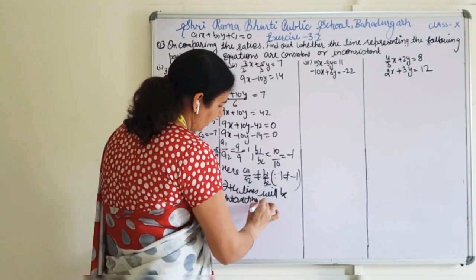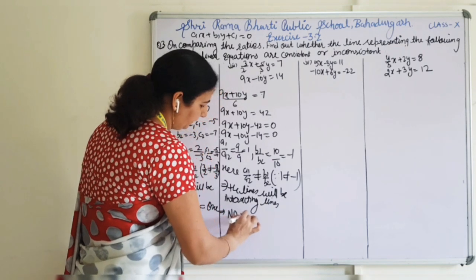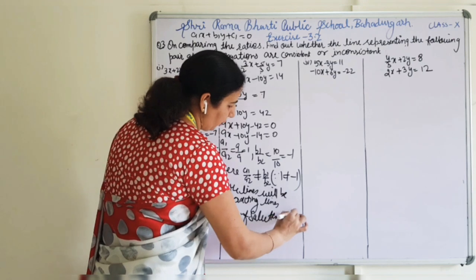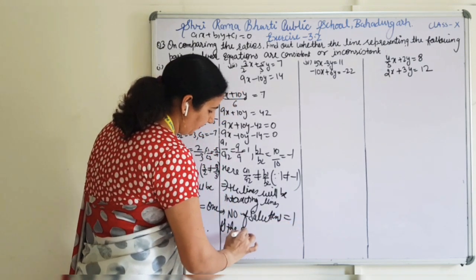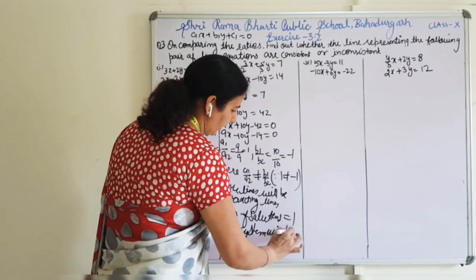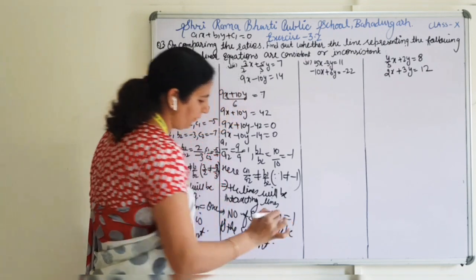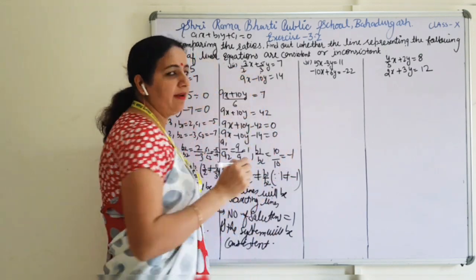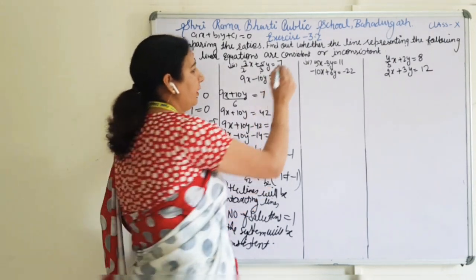Intersecting lines. Second, the number of solutions is equal to 1, and the system will be consistent. If we are having a solution, the system is always consistent. The second part I have knowingly not done, because the second part is almost the same as the first. You all can solve that one.